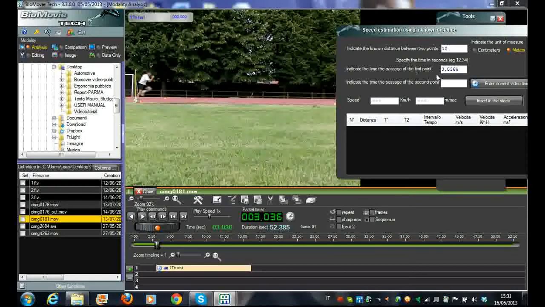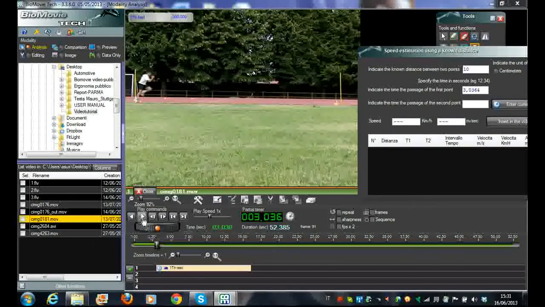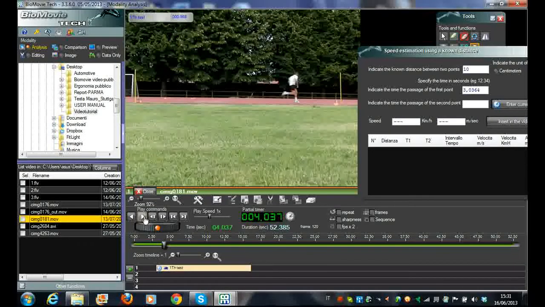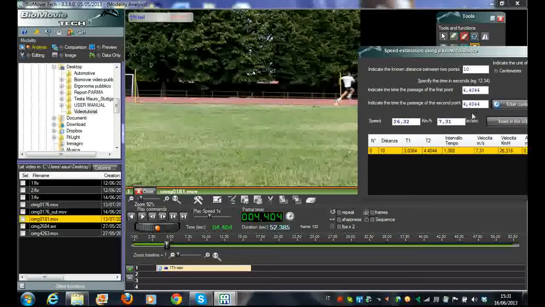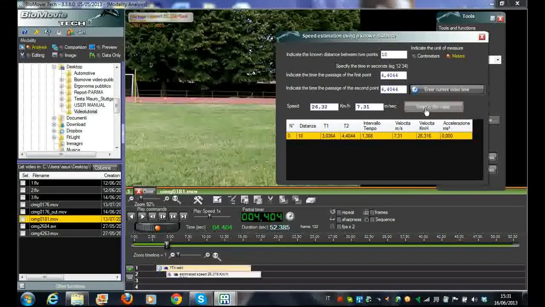that indicates the first point of passage. Okay, you see it's 0.036. We go ahead to the end of the test. Okay, when we stop the chronometer and the chronometer becomes red, in this moment we enter the second time. Okay, and we instantly have the speed, meters per second and kilometers per hour. We decide to insert this in the video, as you will see